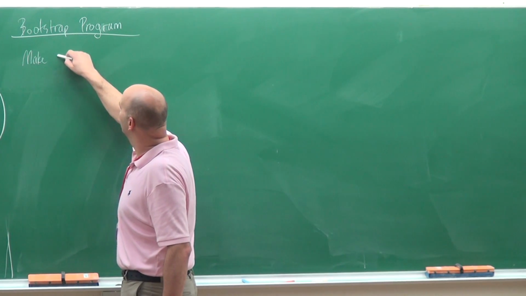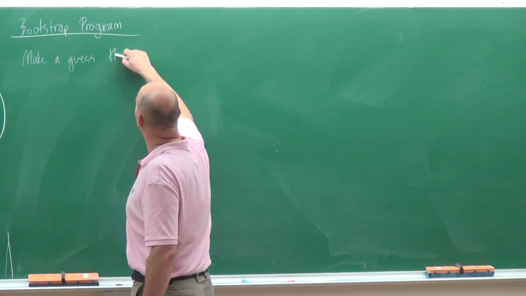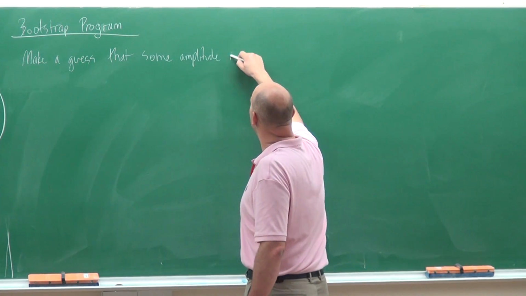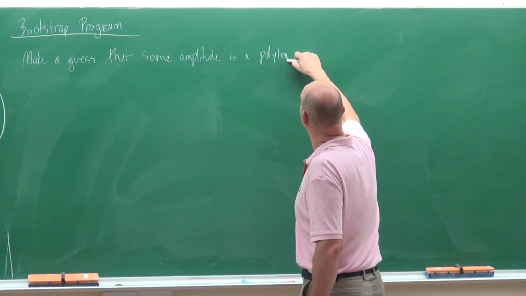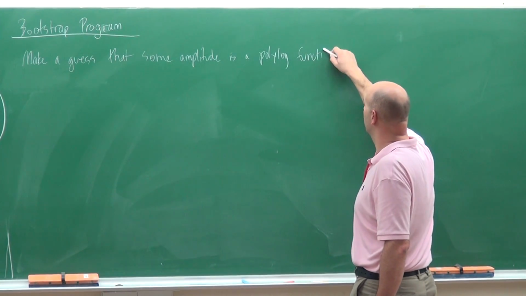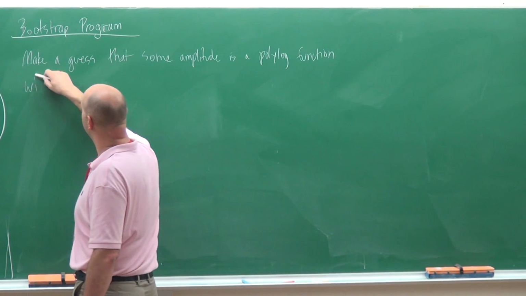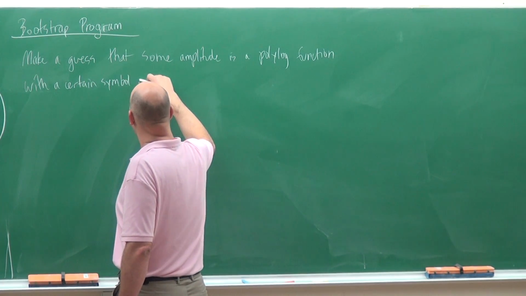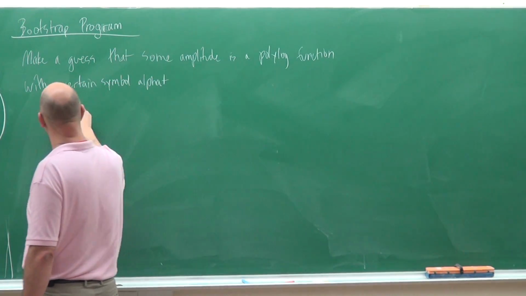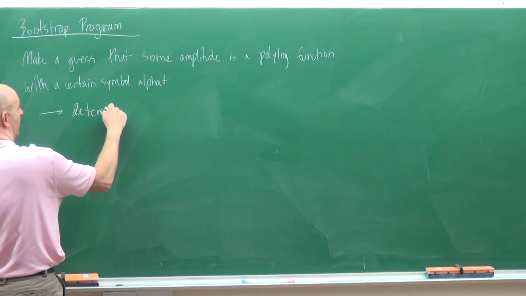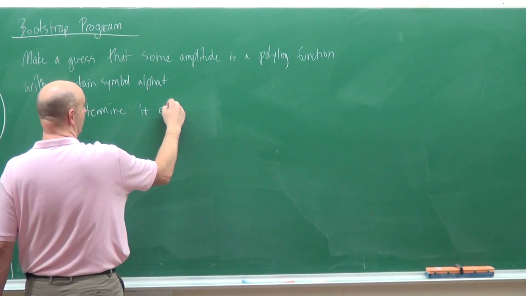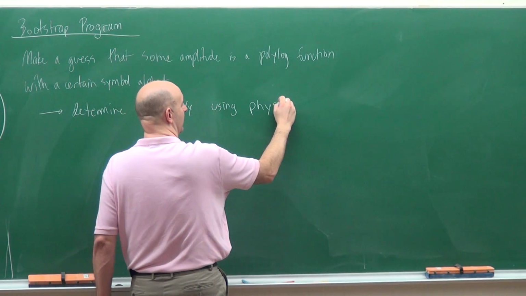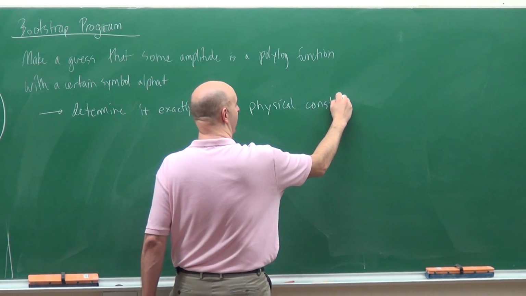Make a guess that some amplitude is a polylog function, a generalized polylog function, with a certain symbol alphabet. And then try to determine it exactly, if you can, using physical constraints. These can be simple constraints like